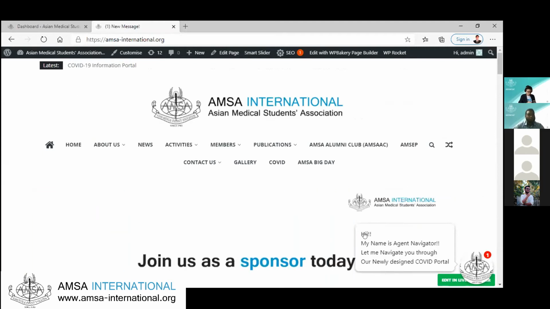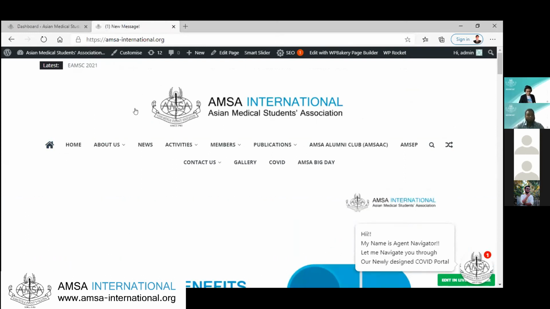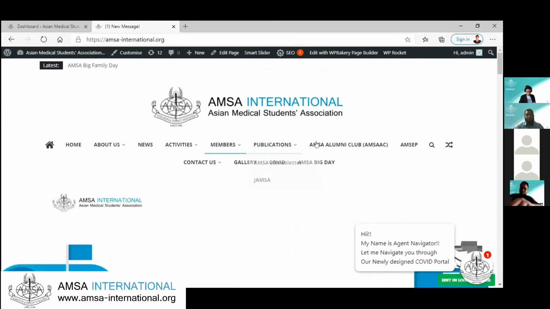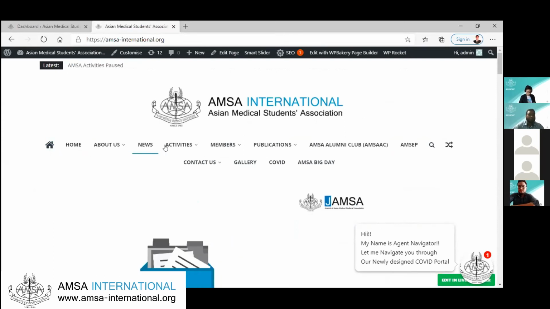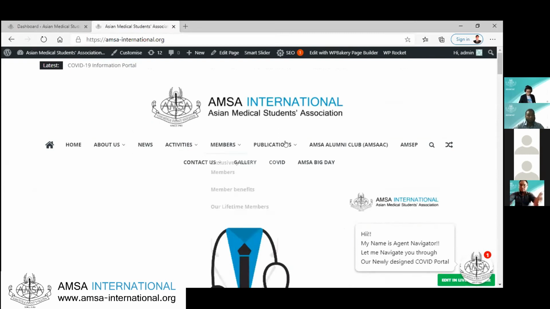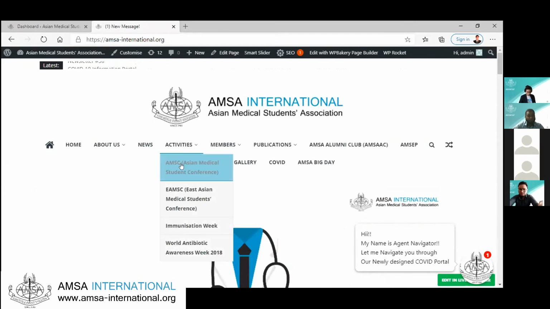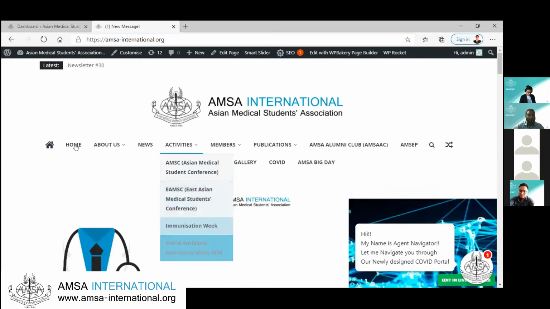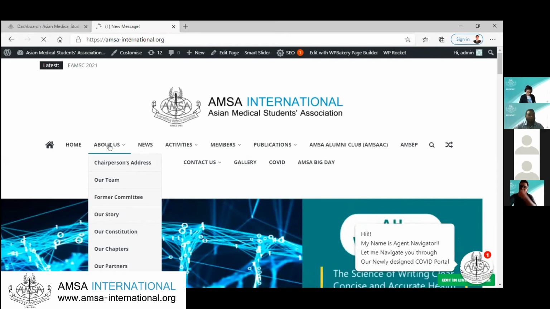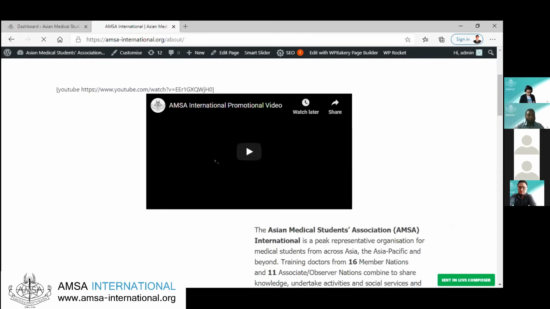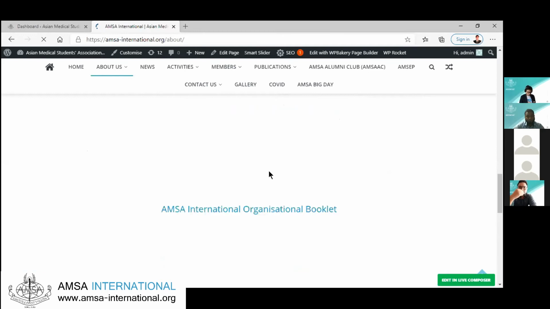Okay, this is the website, and at the beginning of the website there are the header and menus, and we can go to any page from this tab. Like we can see the home page, about us page, news, activities, and these are menus. Within these menus there are sub menus, and each one is a web page. And here, okay,